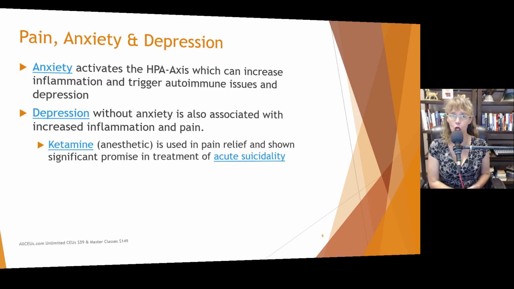Unfortunately, when people are chronically anxious or in chronic pain, those inflammatory cytokines are just always going through the body. So there is increased inflammation and increased levels of cytokines, and they can measure that with a blood test, when people have chronic anxiety, chronic stress, chronic depression, chronic pain. It's important to recognize that because that inflammation can also trigger autoimmune issues and is associated with increases in depression.